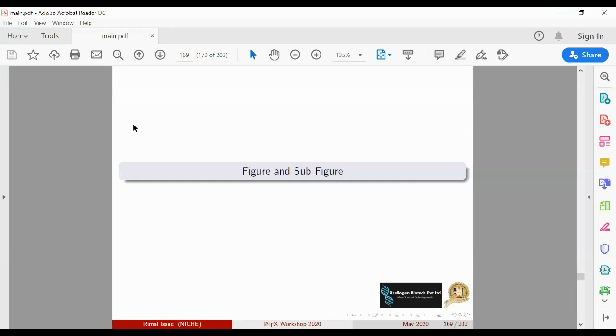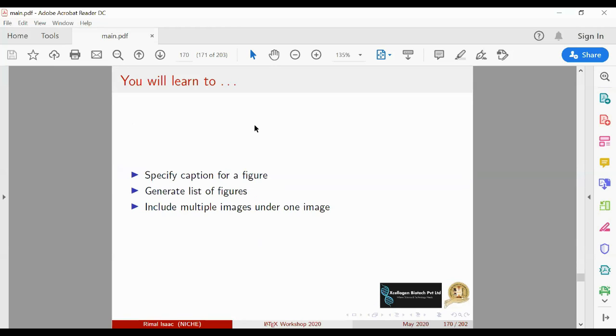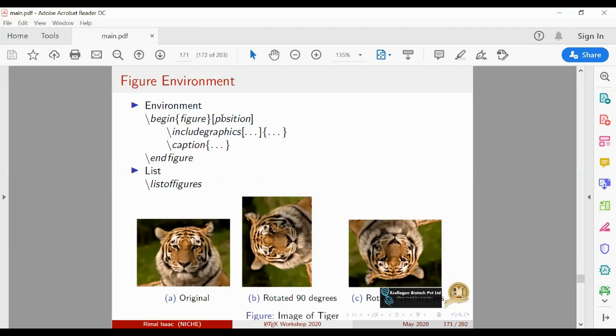So next thing is, now we are seeing only one image in a figure. We have seen so far one image in a figure. So you may ask a question: I want to have multiple figures in a single figure, like A, B, C, D, E, F, G, H, so many figures. That is known as subfigure. For subfigure, you have to have a package for the subfigure environment. Okay, so I'll show you this.